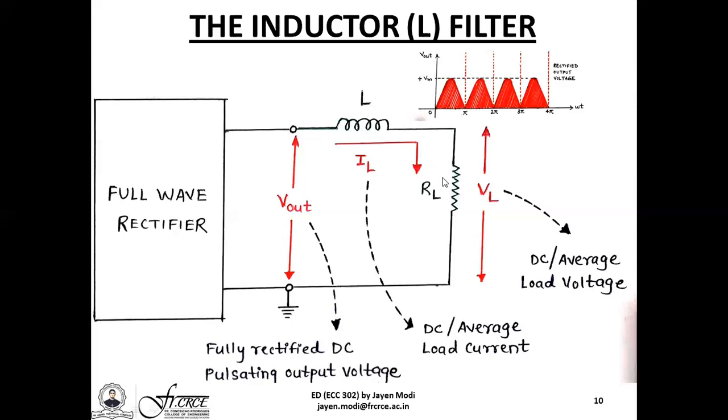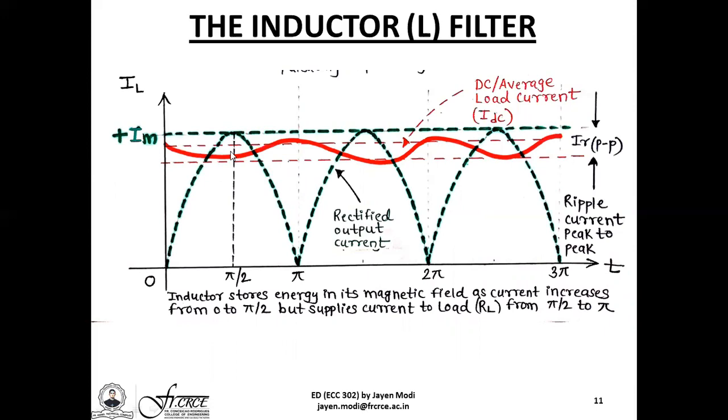So what we see is that the load current is almost remaining constant, because when the maximum or the peak current is now increasing, the inductor is now storing the energy. But as the current is now decreasing, the inductor is supplying the current through the load, because it is simply converting its own stored energy into electric current. So this rapid release of energy and the storage of energy is causing the load current to remain almost constant, thereby minimizing the entire ripple content.